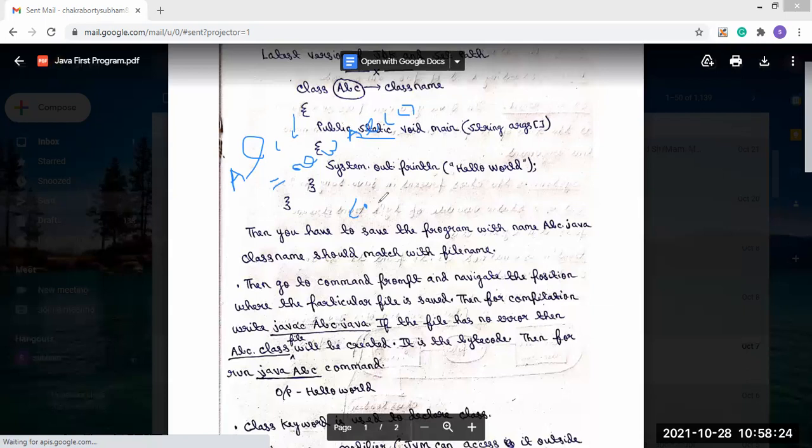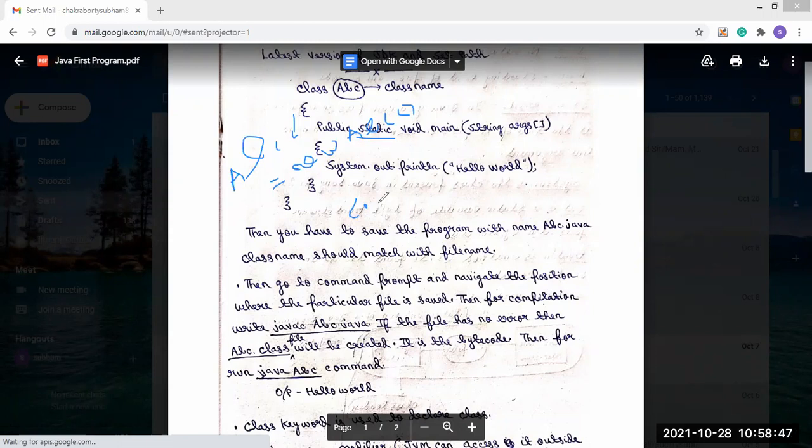But if we give static, it is not necessary to create a class object and call the method through it, because the method is not associated with any object. We can call it without creating the object.